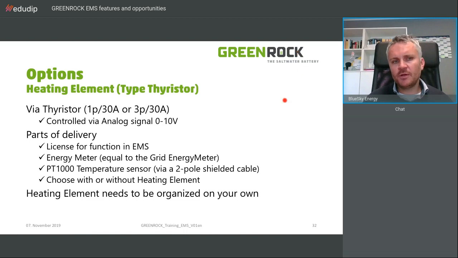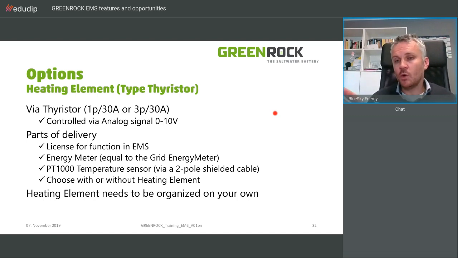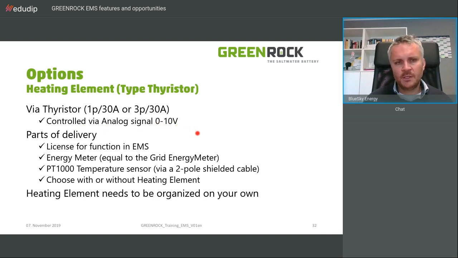It's a little bit different if we are integrating it via thyristor. The thyristor is the device between your heating element, which might already be in place at the customer, and our EMS. And that is controlled via an analog signal between 0 and 10 volts. There are different thyristors available. So the delivery you are getting from our end is